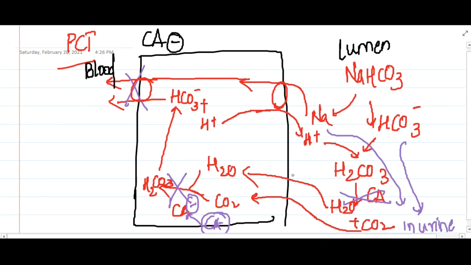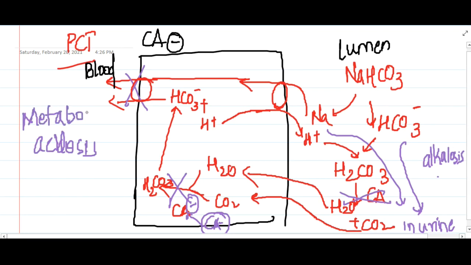alkalosis in the urine, and they cause alkalosis because of bicarbonate loss. There is alkalosis in the urine, and there is acidosis in the blood. Because the acidosis is due to the kidney, it causes metabolic acidosis. Right? Now this sodium and bicarbonate will reach the DCT. From PCT they now reach the DCT.